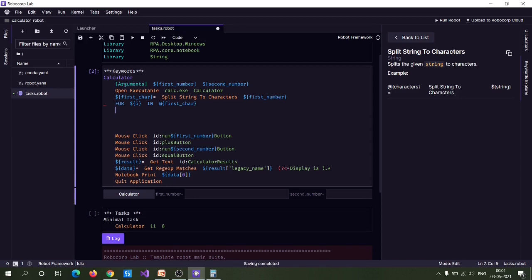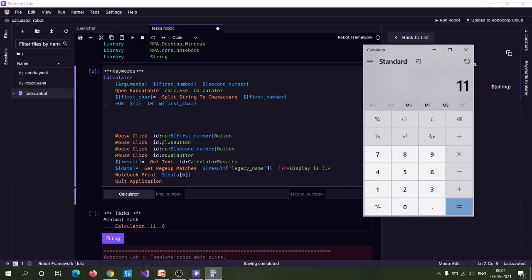Now you can see that for each element in that first character list, you have to click on that particular UI element. For example, you are splitting 11 into 1 and 1. So you want to selectively click on this. Then you can selectively click this 1 and 1 continuously so that it generates that particular number.